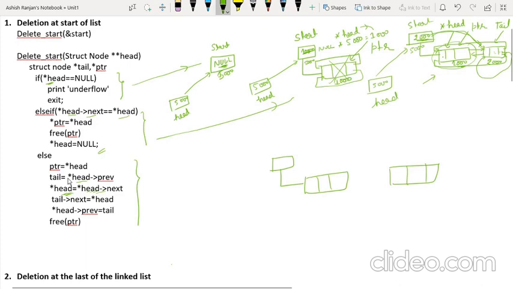Firstly, what we have done, head is a variable which is pointing to this address 5000. This is 5000. It is storing 100. Whenever we are talking about the pointer of head, the content of head is 5000. What is at the address 5000? That is 1000. So we are talking about the first node. Whenever we say asterisk of head, we are talking about the content of this node, this first block.